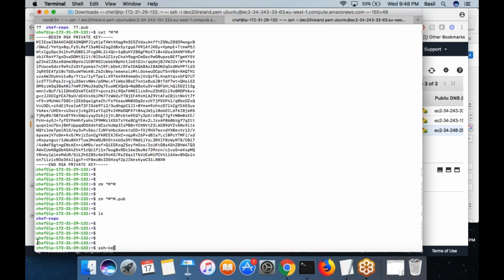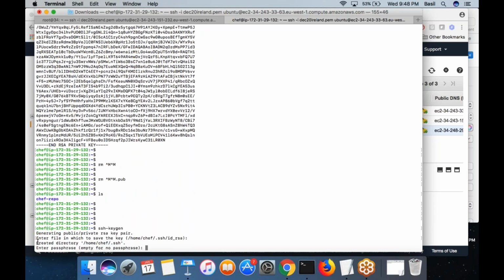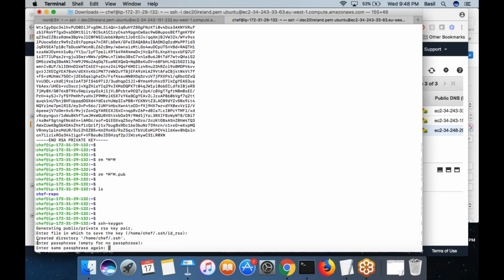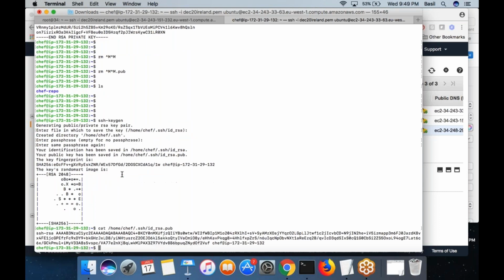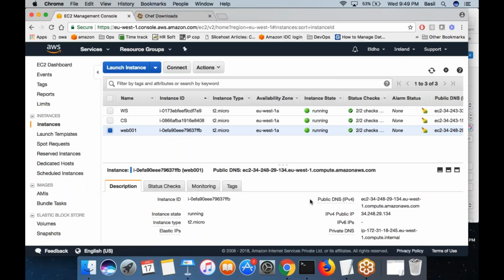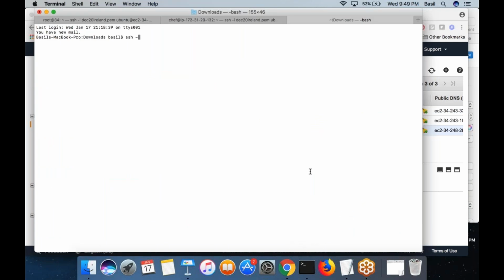Let me run this command again, ssh-keygen. I'm going to create a private public key pair. Okay, so the private key is this and public key is this. The public key of the workstation I'm going to copy to the web001 machine that I just created inside AWS. Let me first log into this web001 machine through SSH.